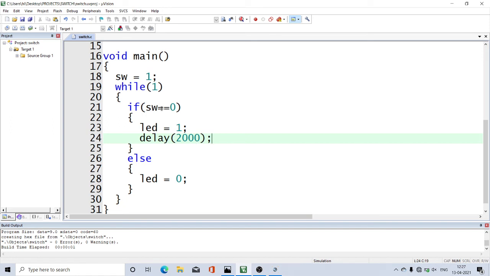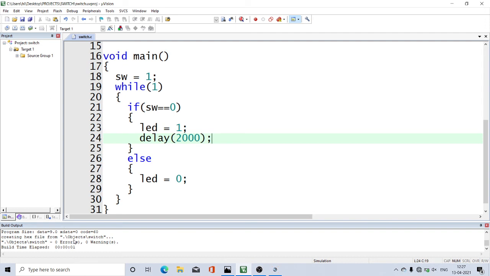So switch cannot be continuously pressed. It is a button switch. So if you press and after if you take the hand off it, then it will be released. For that purpose, it is asking for what it has to do. If the switch is pressed once, it has to be on, and up to 2 seconds it should be on. Else, if switch is not pressed, LED should be equal to 0. So this delay is given because we cannot make the switch continuously pressed in real time. For that purpose, it is asking for a delay function.